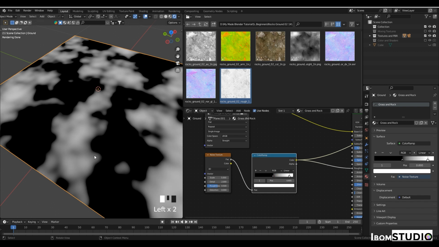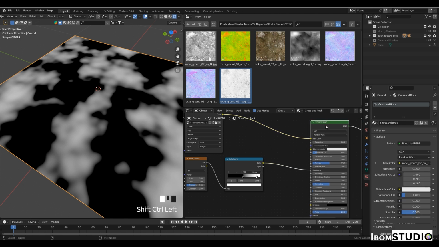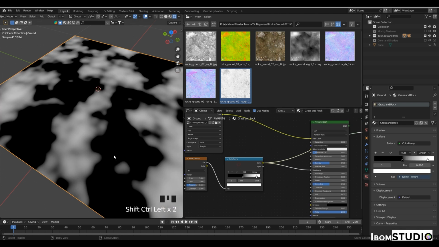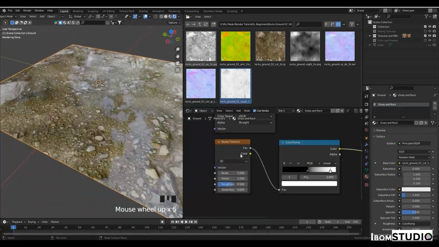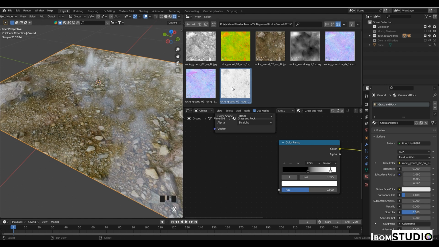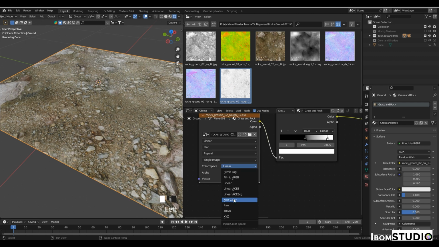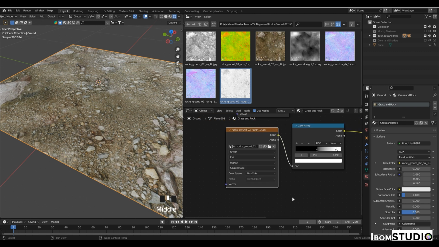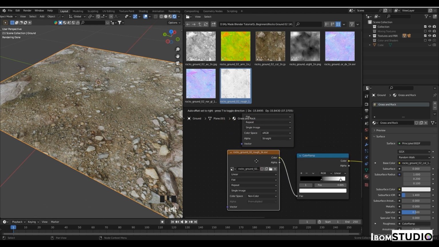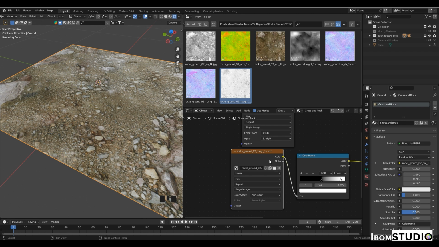Alright, previewing this, if you click on the Principled BSDF, you are going to see that the parts that had the black colors are going to be reflective. This is it over here. Aside from having the roughness map of the image texture we are using, we can still drive the roughness of that particular image using another texture. Let's take it back to the roughness, and you want to change this to non-color. Okay, because the non-color now is going to use the black and white value of what is being fed in